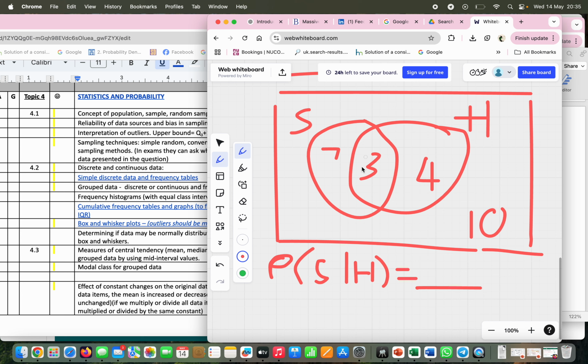With a Venn diagram, it's really easy. We're literally just zooming in on this circle. It's narrowing the problem, saying out of all the people who study history, which is 7, how many people study Spanish? Well, it's